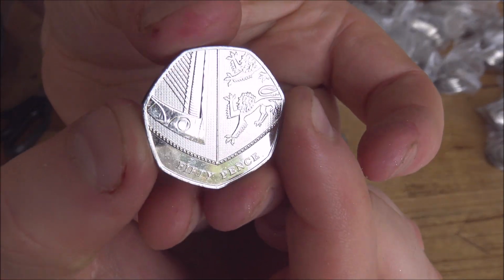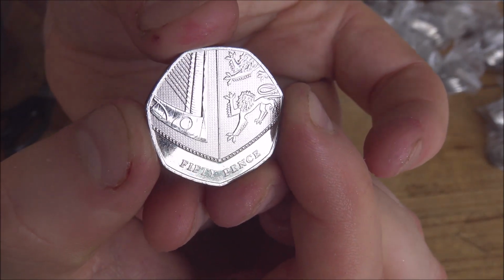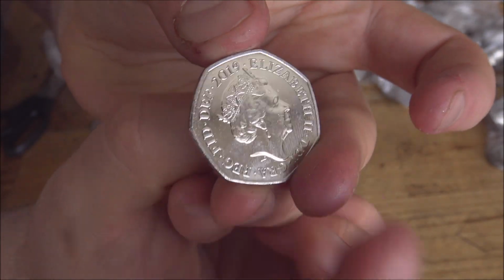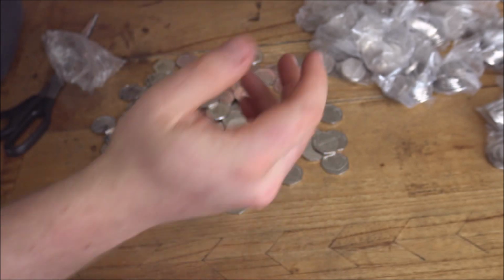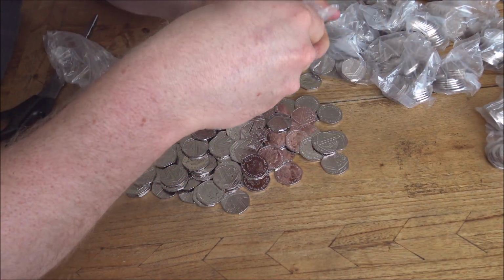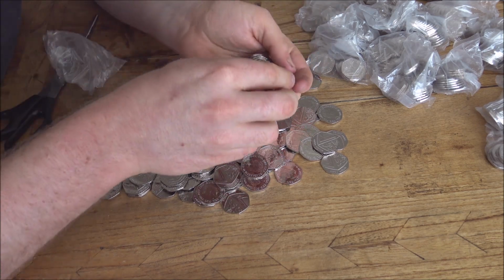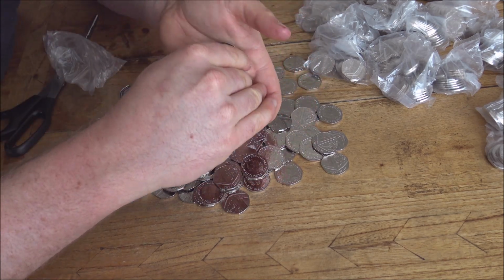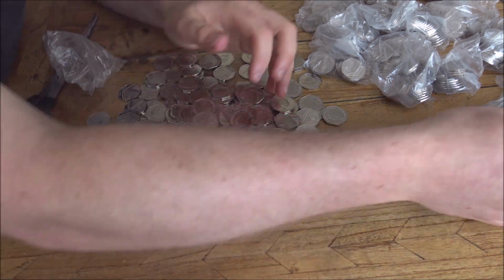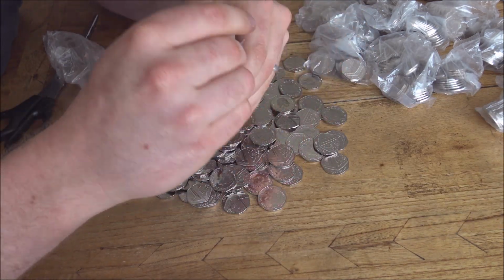It's almost like a perfect example of a 50p. Nice, brand new and shiny, and 2019. Look at that. Unfortunately, not worth anything more than 50p, but that's part of the risk you take when going for 50p coin hunts. Ultimately, this experience hasn't cost me anything other than a little bit of time, to have all of these 50ps here in front of you guys and then take them back to the bank, to the coin sorting